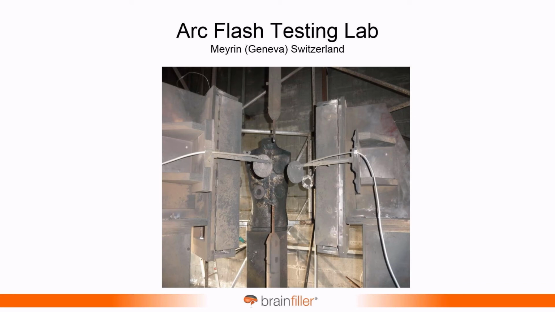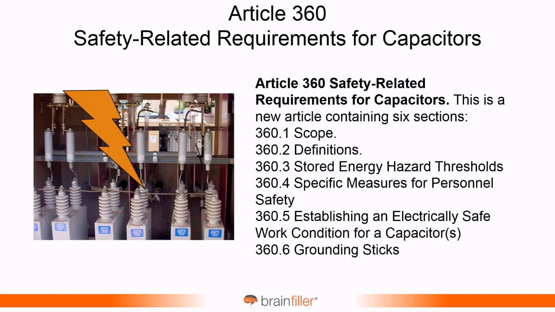And in fact, this is the test setup. This was in Geneva, Switzerland. I was there recently. If you look at the test setup, there's a couple of labs that do this. The big one is actually in Canada. There's a lot of testing there. So this is a calorimeter that measures the energy, and then you have opposing electrodes where you put a trigger wire, and that initiates the arc flash right there. And then you have the fabric samples of the garments on the panels that are spread equidistant around there.